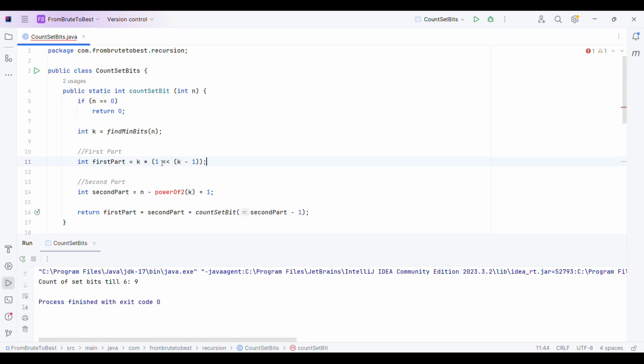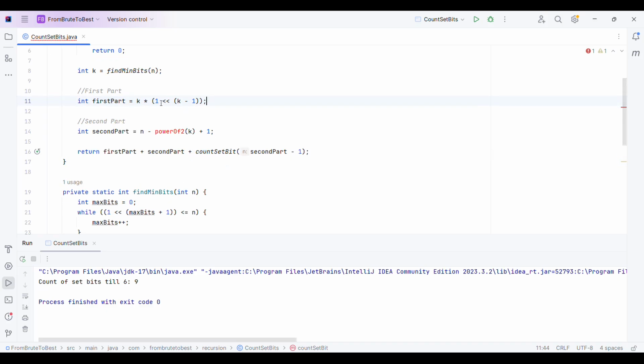Right? So this is one thing we can do, and it will not use any normal mathematical multiplication operations. It will use shift operator and directly find the first part, or the 2 to the power k minus 1 value. Right? Similarly, here also we can simply use